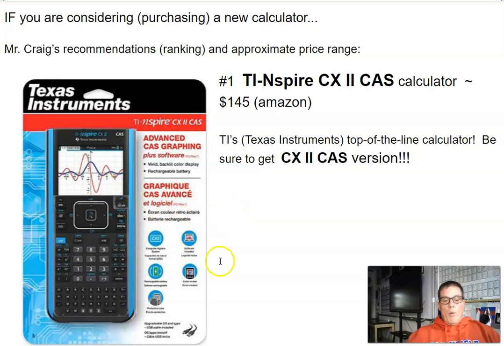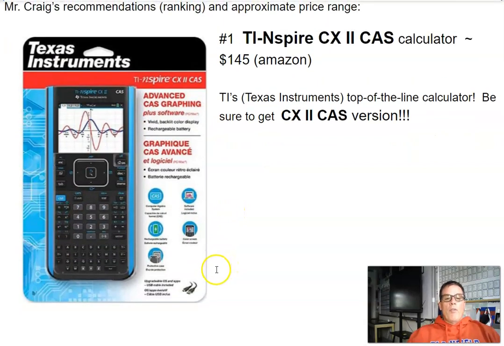These calculators require no batteries. They are legal for the SAT, ACT, all the exams that you're going to take, because the keyboard down here is not a QWERTY, I guess that's what they refer to it as. It's in alphabetical order, but this is legal on the AP exams. It's legal on the ACT and SAT. So that's my number one choice, the TI Inspire CX2 CAS. And again, it's got to have that CAS in there if you want to get everything that you're looking for. Now, I found this and actually purchased one a couple weeks ago for $145 on Amazon.